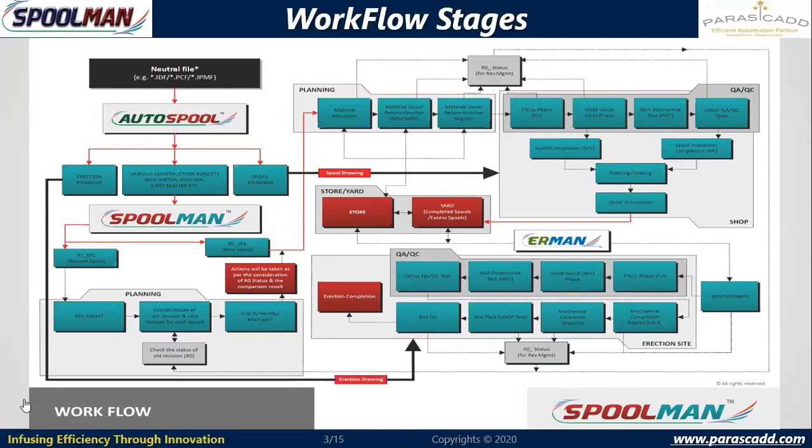So where we are going to do spool level planning, where material allocation, matching front analysis, material allocation, material issuance to the fabrication team. Further to that, fit up, welding, NDT, all the production phases will be taking place. And on completion of the spool, it goes to Erman, that is erection management, where erection of the spools, supports, valves, gasket, bolts, everything. And along with that, fit up, welding, NDT of field weld joints, everything will be managed here along with revisions. So this is the overall workflow. We will go in detail further.